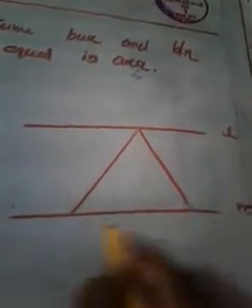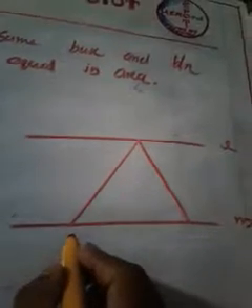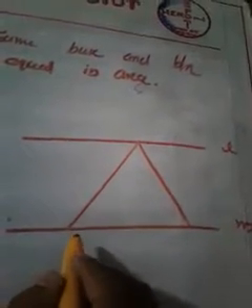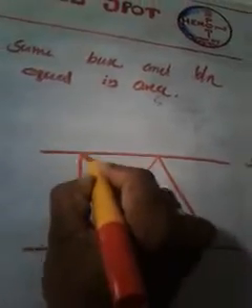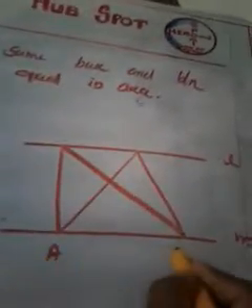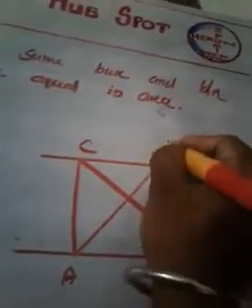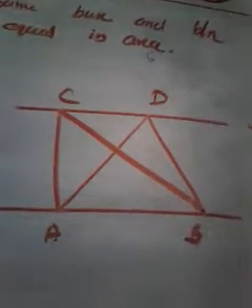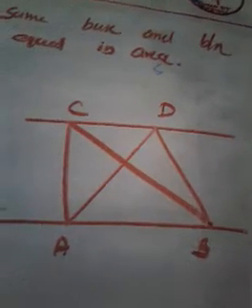So according to this theorem, for the time being I am going to draw only two triangles. It says that if you consider two parallel lines L and M, just consider two parallel lines L and M. Are you following me? I am going to draw two triangles in such a way that both triangles lie on the same base and are in between the same parallel lines. See, what is the speciality of triangle ABC and ABD? Both are standing on the same base AB and both are in between the same parallel lines.